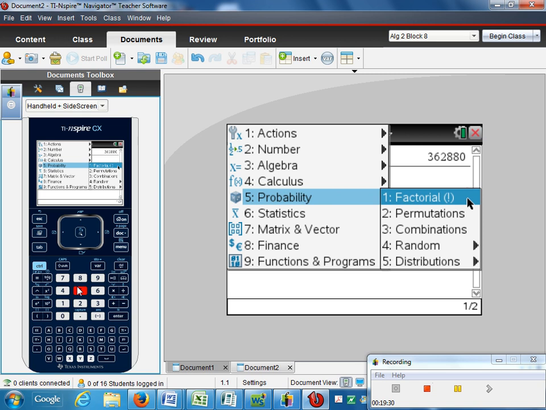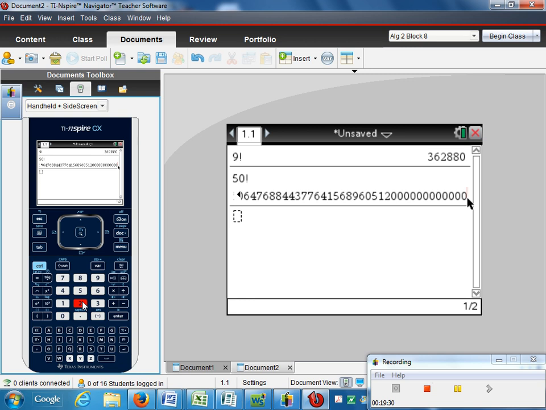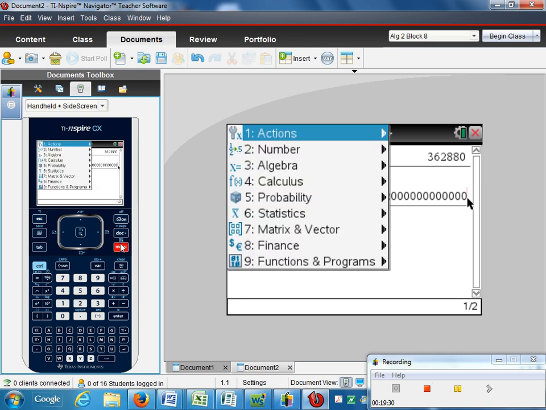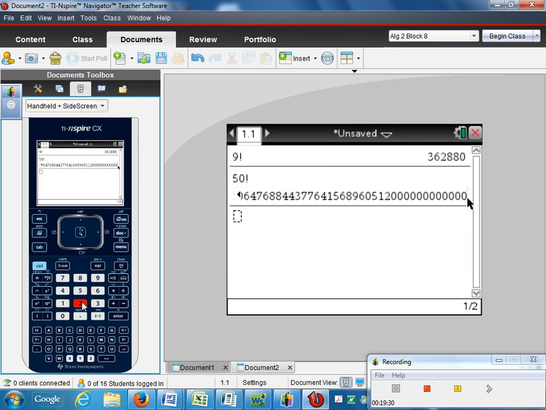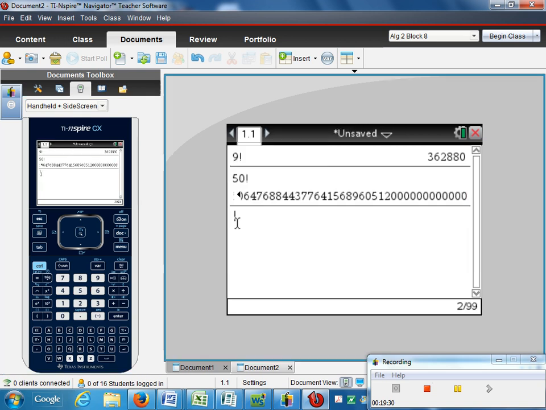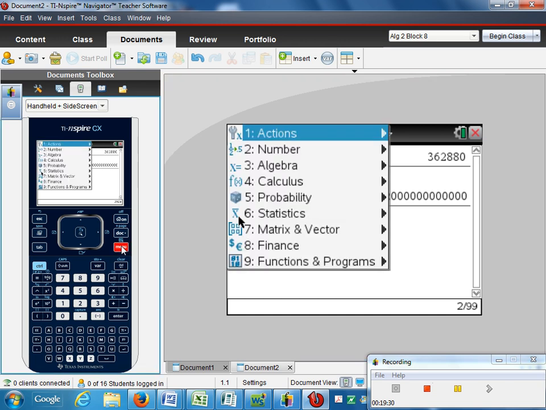And notice, it's got permutations and combinations. We haven't learned combinations yet. But yeah, it's got permutations. Oops, what did I just hit? Did I just lose it? Menu, probability. Oh, shoot. I had my cursor up somewhere. Okay, one more time.